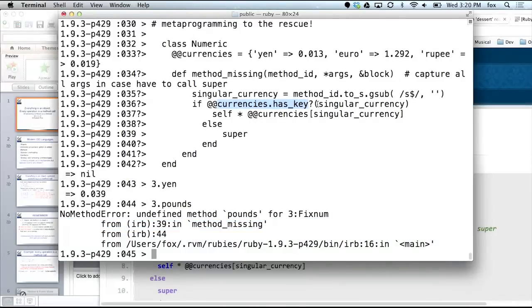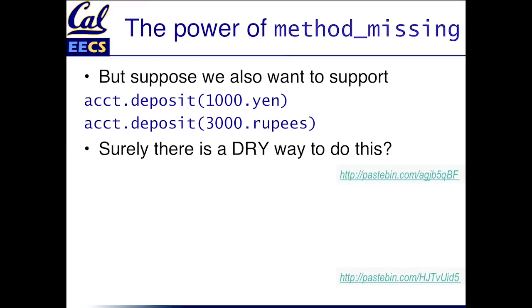We don't have a key in our currencies array for pound, so that fails. And when that fails, what happens? Then I try to basically punt up to my superclass, right? As in all object-oriented languages, there's the idea that if you don't have a function, but your superclass or one of your ancestor classes does have it, it gets control. Well, Ruby has the same thing, with the difference that method_missing is called first. So before my ancestor gets a chance to handle it, I get a chance to handle it using method_missing. So this is a nice extensible way to do the thing that we were trying to do before.